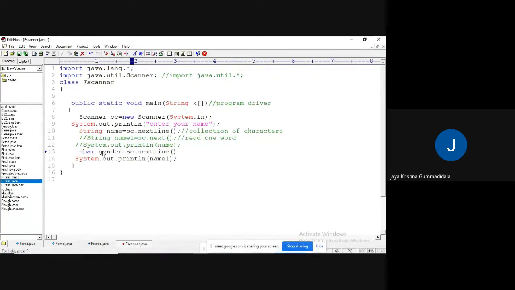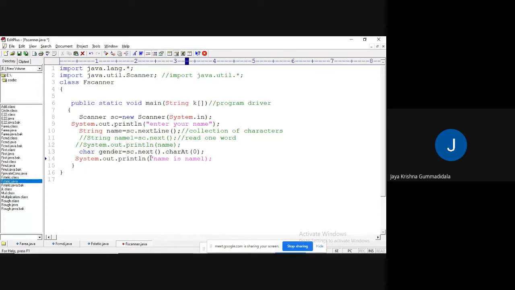gender equal to sc dot. Is there any specific method that exists directly? No. sc.next(), and we have to use the method charAt(0). That is the method charAt(0). If I try to print, here I will write completely.